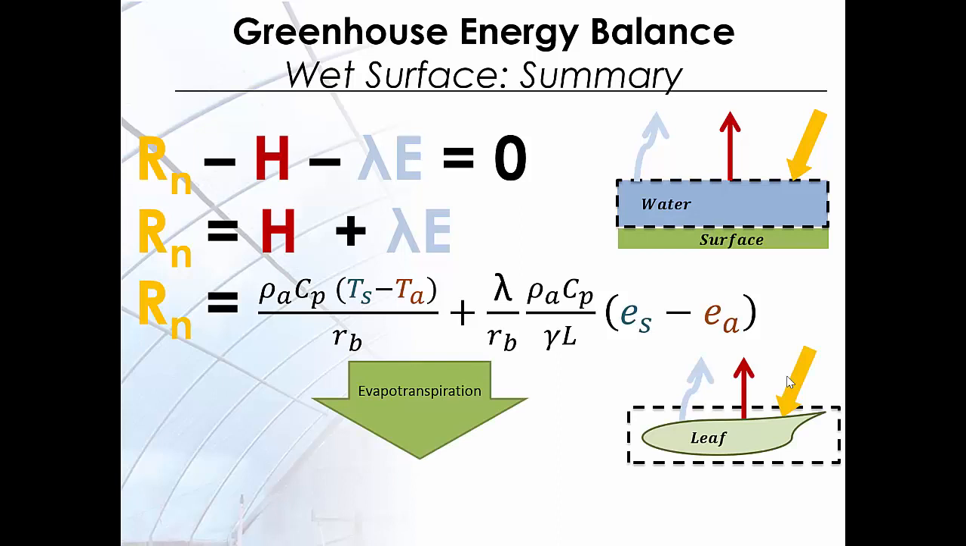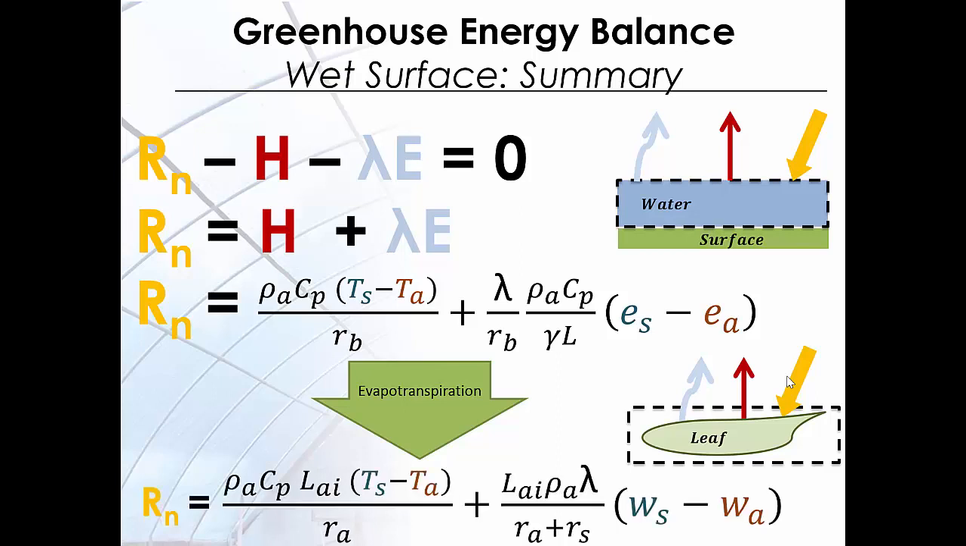We can use the same approach and relate these energy exchanges on a leaf surface to determine evapotranspiration, both evaporation and transpiration from a leaf surface. Our equation in this case for evapotranspiration looks very similar to the water vapor balance of a wet surface. Now we introduce some new terms in this equation for the evapotranspiration calculation, and one of them is the